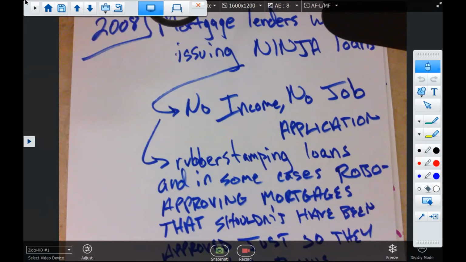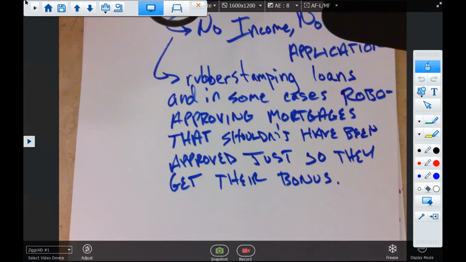Do you guys know what I mean when I say underwater? That means that the value of your house is lower than what you owe on it. And so it's going to cost you money to sell the house. And so that ended up happening to a lot of people, partly because the interest rate skyrocketed on these adjusted interest rate mortgages,